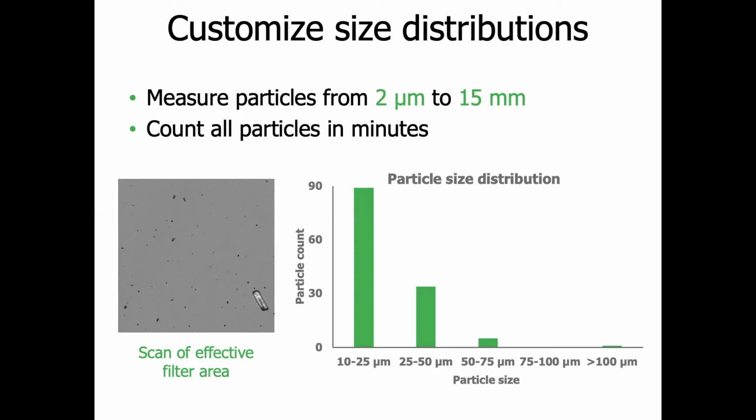For particle counting, the lower limit for particle size is 2 micrometer, but in the example on the slide, only particles of 10 micrometer or larger were of interest. For every particle the system detects, it stores size, shape parameters, and the particle's coordinates on the filter. With those coordinates, it can go back to that particle and do an automated spectral analysis to identify the particle